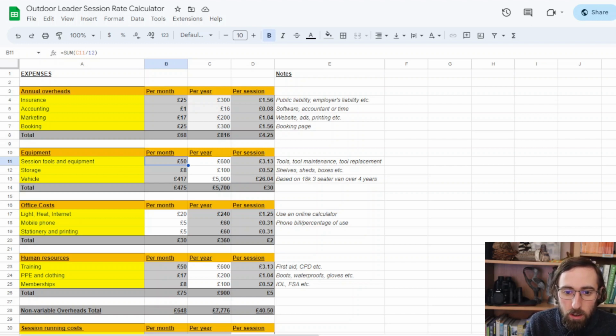But I am a big believer in providing good quality equipment for the sessions I run. I don't want children to be struggling with the £5 Wilco pruning saws that I found, if I can get them a nice quality Laplander that will be sturdier, that will cut better, that will make their lives easier.